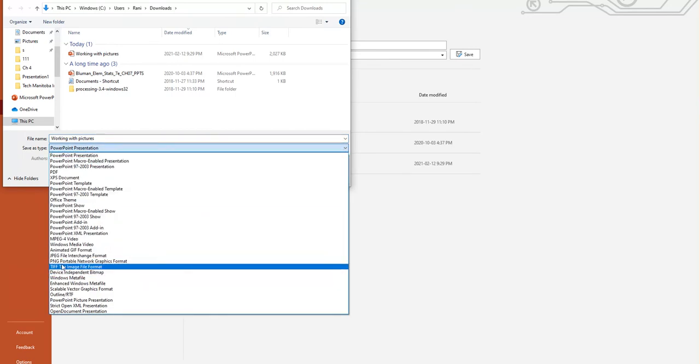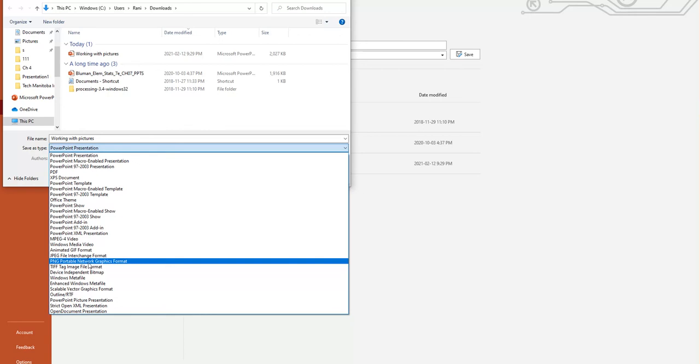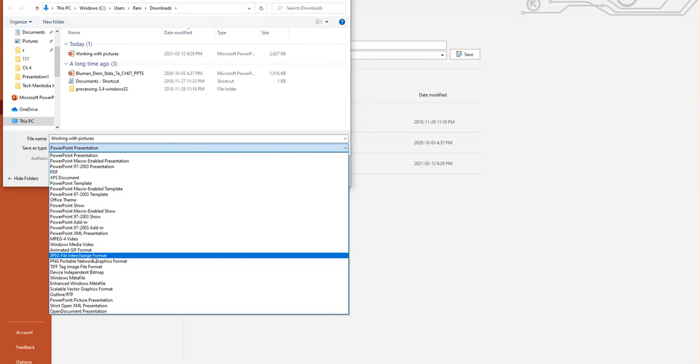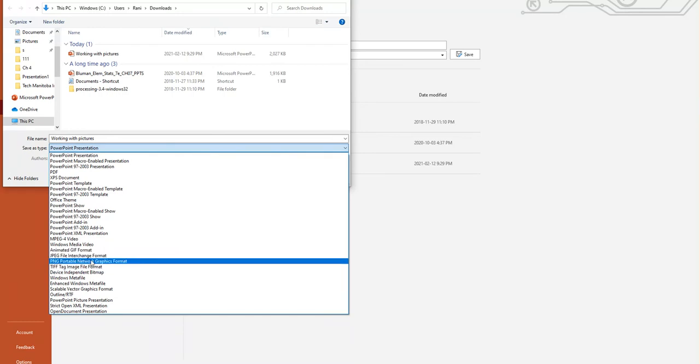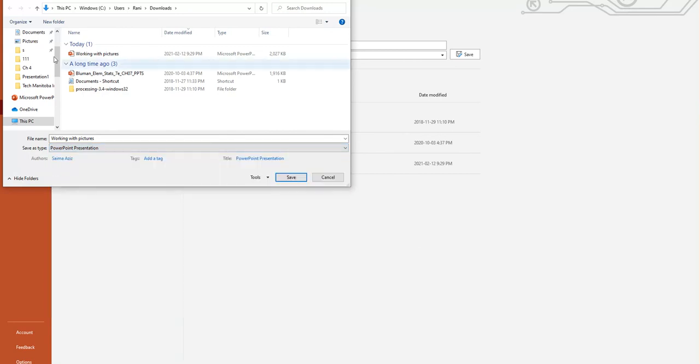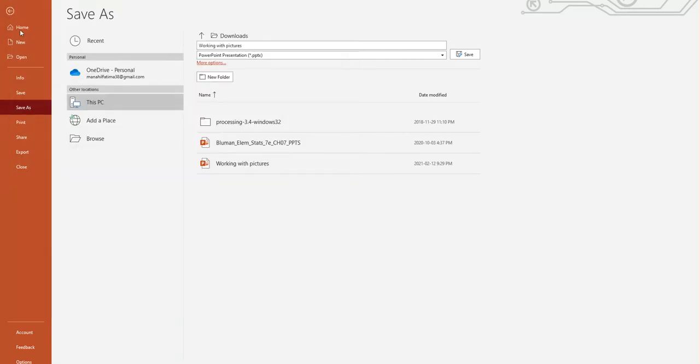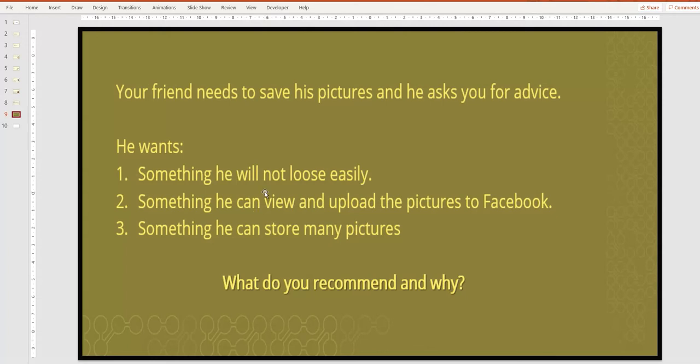Here you can find out, see, this is the PNG, portable network graphic format. This is the JPEG file format. Right, similarly you can have some different formats as well. This is the GIF format. So these are the formats. When you will save your pictures in these formats, they will reduce the size of the pictures.